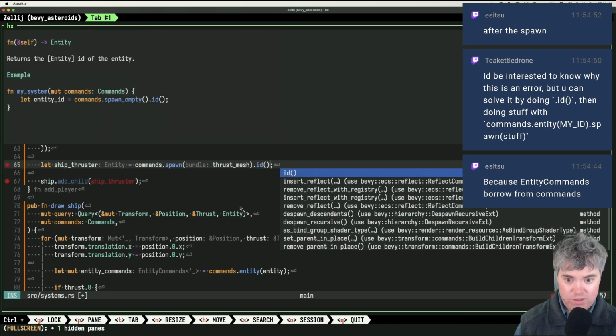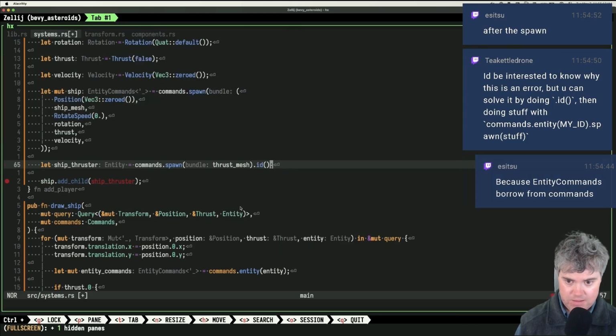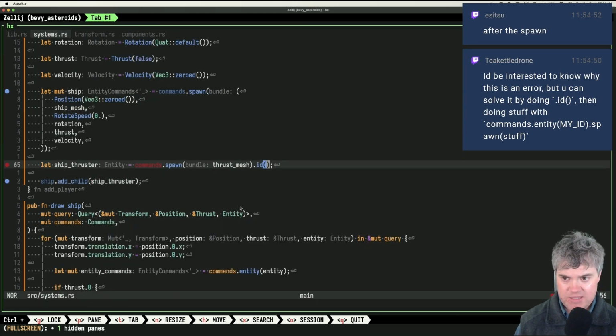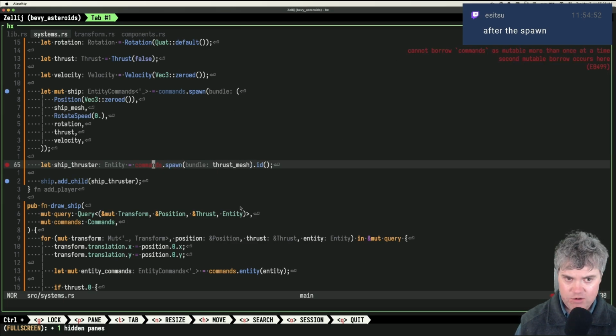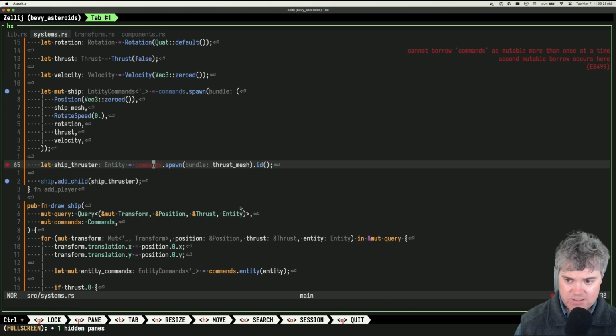You mean I want the ID here? Yeah, but that doesn't change that this command is saying that I can't borrow this more than once. You'd be interested to know why this is an error, but you can solve it by doing .id and then doing stuff with commands.entity, myid, spawn stuff. Yeah, I don't know either.